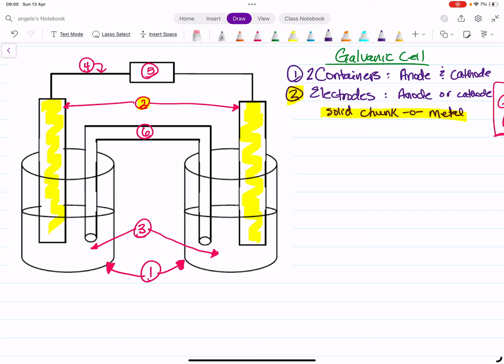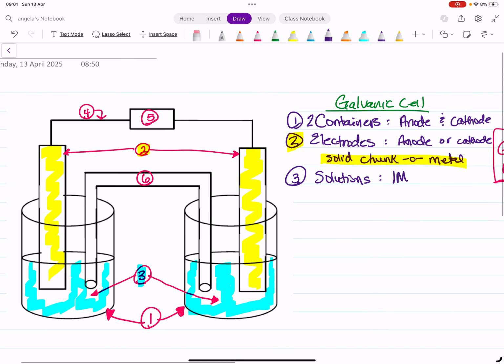All right, number 3, which I will do here. And 3, just so you can see it, is the solution. Now, this is your solution that goes with the anode and the cathode, right? So depending on which side you're talking about. And in the solution, you should have 1 molar. This is a 1 molar solution that is,